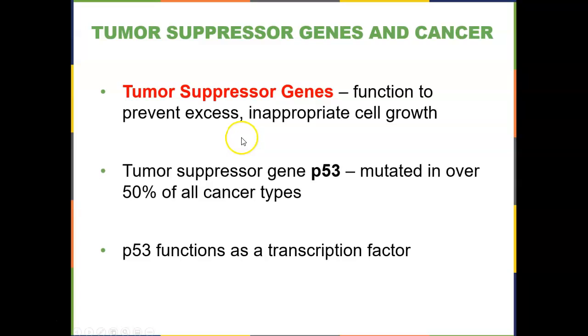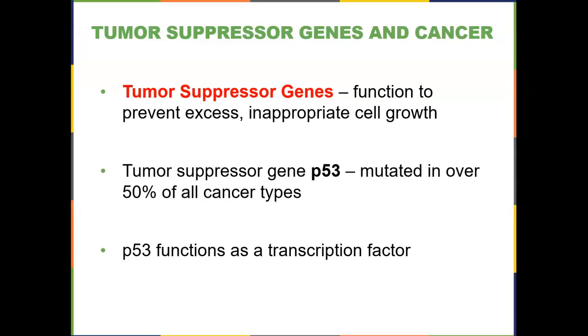We're going to look at one specific example of this that results in cancer. Remember, a few chapters ago we talked about tumor suppressor genes. So these genes help to prevent inappropriate cell growth. So they hold cells back from going through the cell cycle. And one of these genes is the p53 gene. So it's a tumor suppressor gene. It stops cells from going through their cell cycle and entering into mitosis when they don't need to. And what we found is that this particular gene is mutated in over 50% of all cancer types.